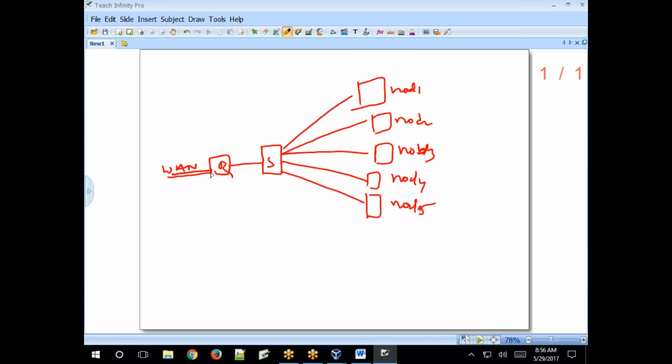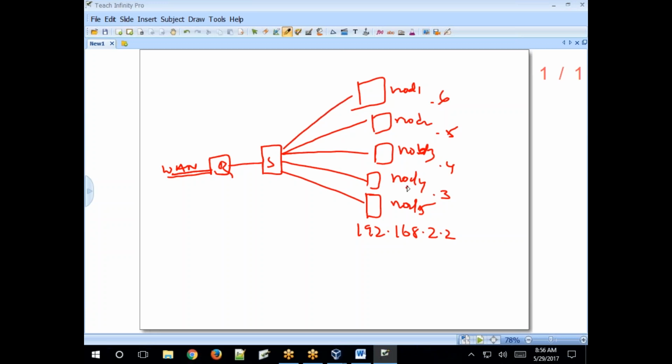So WAN connectivity. For example, this system has an IP address like this. Just understand, we'll see what an IP address is in the networking class. This system's IP address is 2.2, this one is 3, this is 4, this is 5, this is 6, for example.